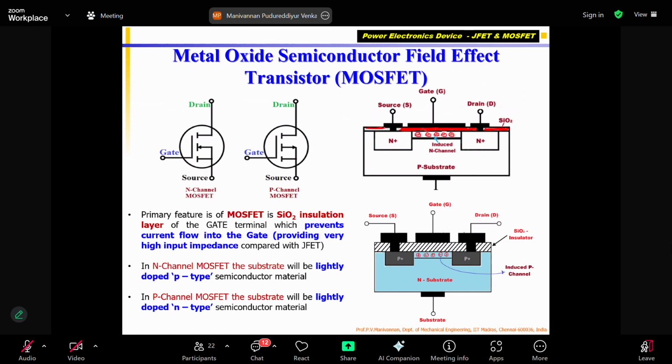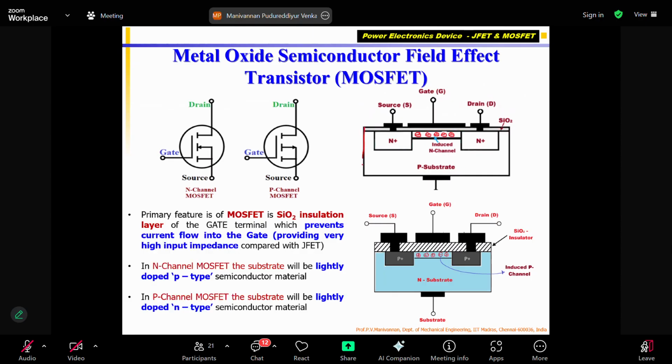You can see here, this is silicon dioxide layer. This layer is deposited over. This is the N plus, called the source of the MOSFET. Another N plus is called the drain of the MOSFET. And below that, there is a P substrate. Basically, when we say this one,